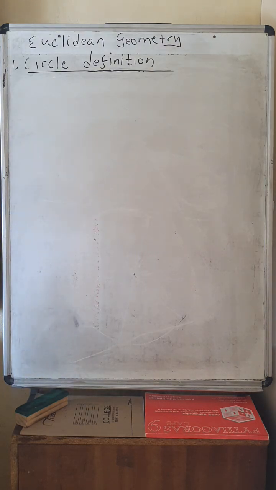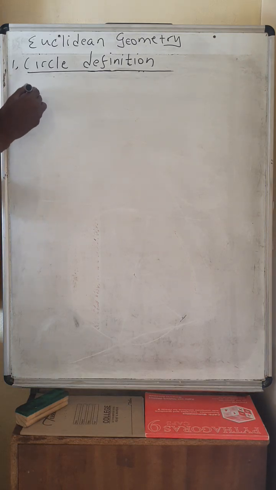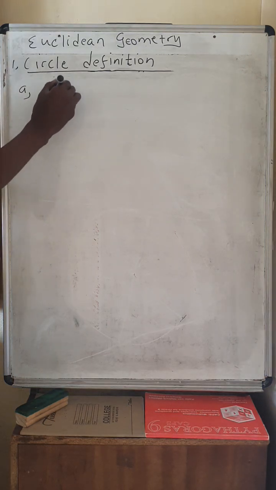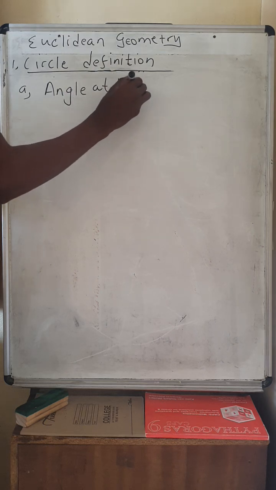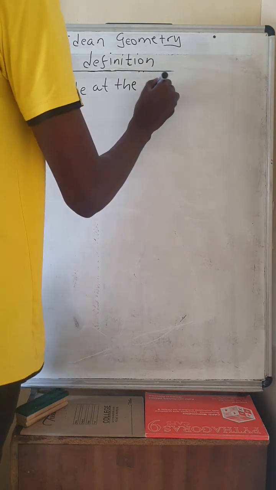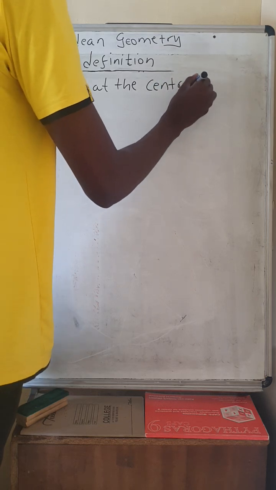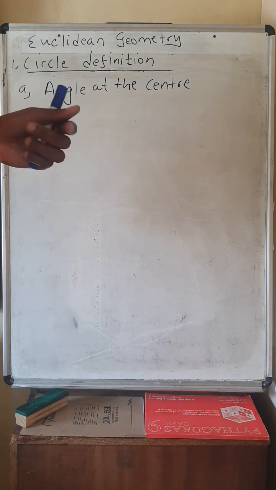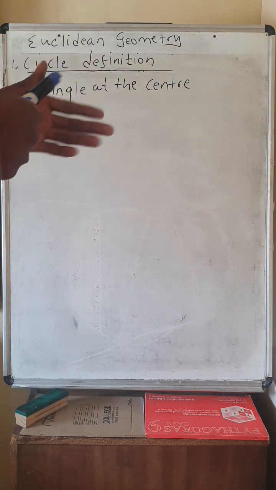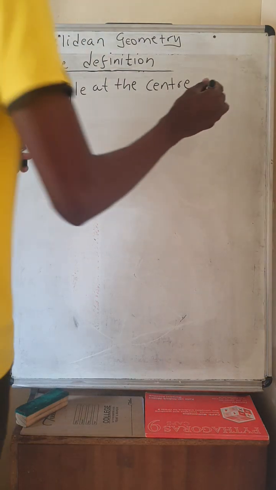Number 1 being an angle at the center. How do we define an angle at the center? An angle at the center is an angle